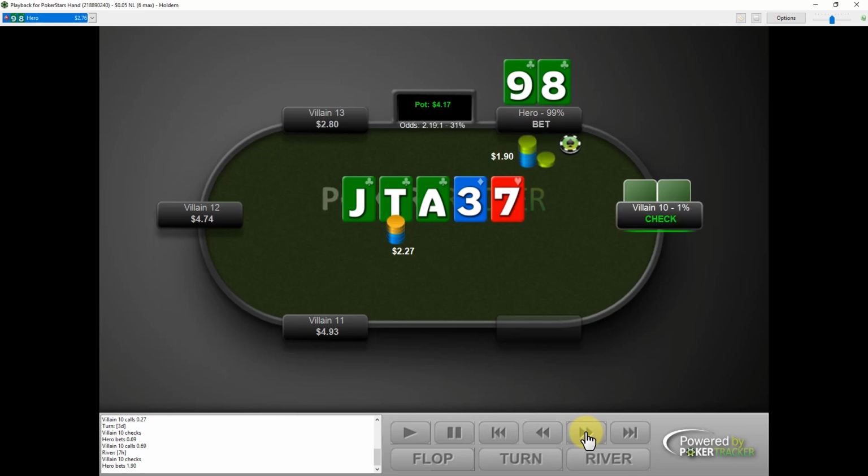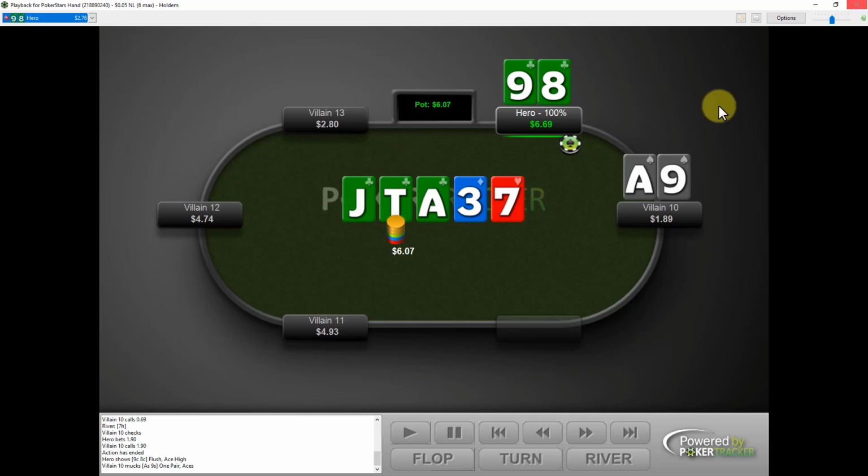So our opponent checks. Again, we bet a third time for value. Our opponent calls. Let's see what they had. And our opponent had a pair of aces. So again, if our opponent did have, let's say, ace queen, ace king, yes, they would sometimes 3-bet those, or king 10, queen 10, jack queen, where one of those is a club, or king jack, any of those, then we are going to be in trouble if any club hits the turn.